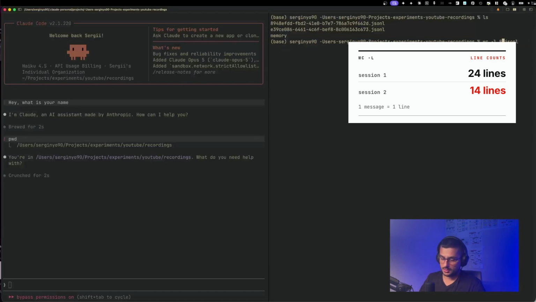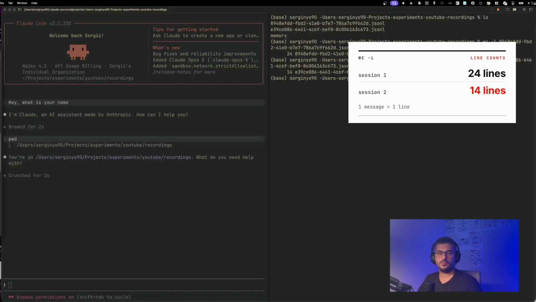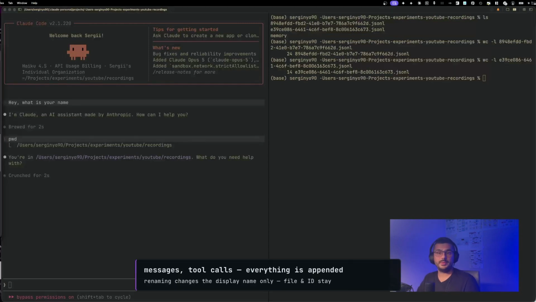The first one has 24 rows, or lines. And the second one just 14. So your messages, model messages, every tool call, all are appended to these files during the conversation. Renaming a session changes only the display name. The file ID stays.